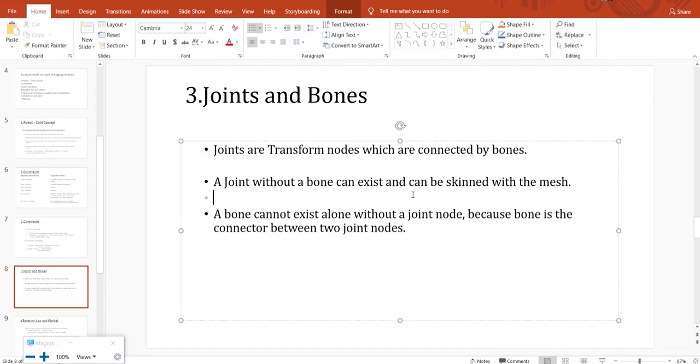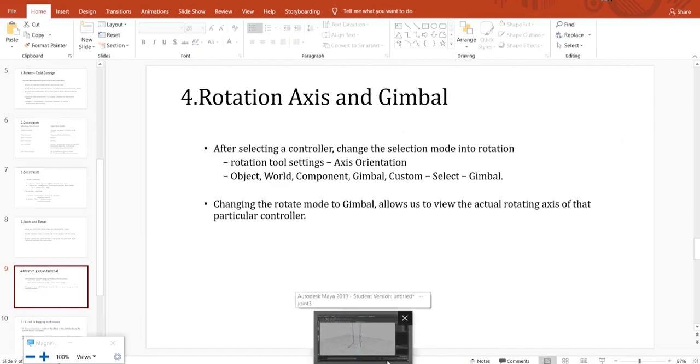Okay, next topic is rotation axis and gimbal. What is gimbal? See, rotation axis we all know, that is X, Y, Z rotating, right? But what is gimbal? So to see what is gimbal, first we need to go and see.